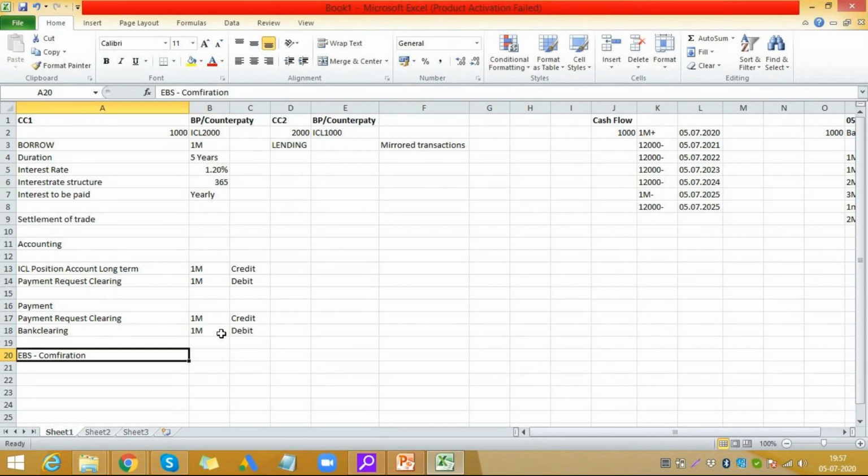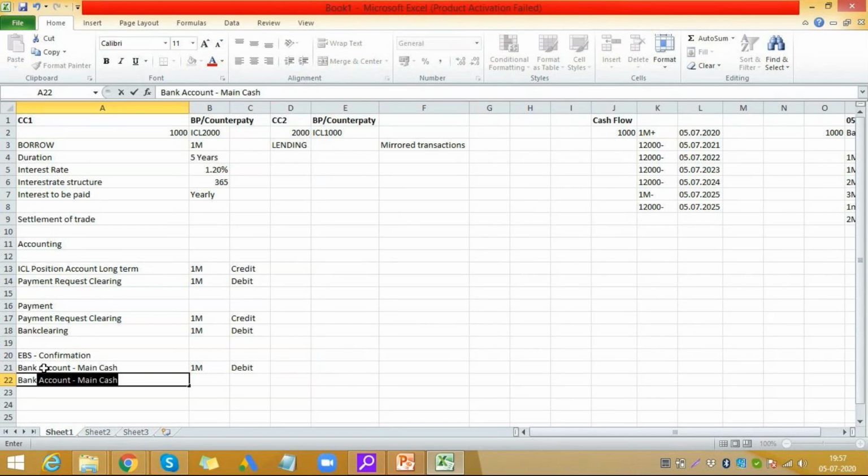This is not the confirmation for correspondence, but I am just mentioning it for accounting purposes. The confirmation of the EBS says that the deal has been successfully sent from the bank, and accounting becomes your main cash becomes your 1 million debit, and the bank clearing becomes 1 million credit.